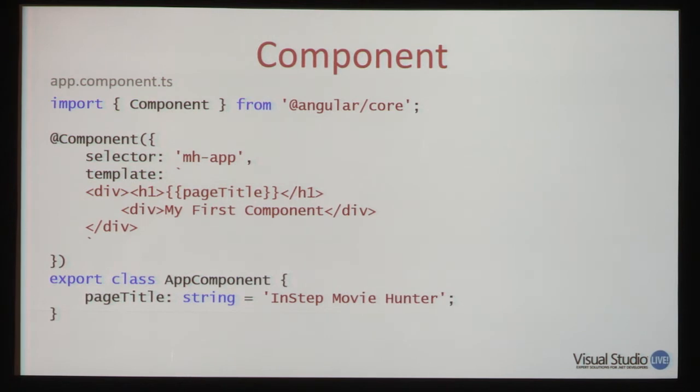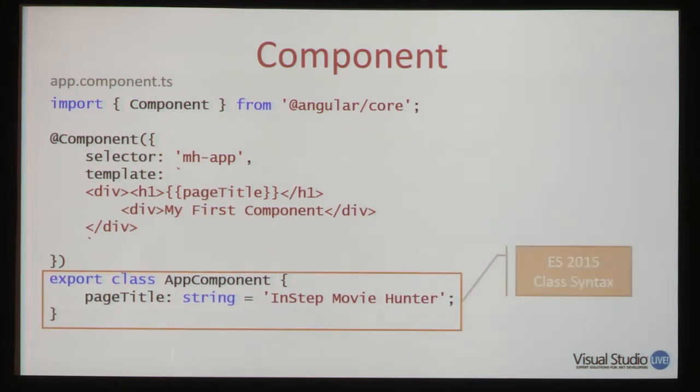All right, so what does a component look like in code? That's what it looks like. You might look at it and go, gosh, that looks really weird. But if we break it down, we will see that it looks very, very similar to our C# and VB.NET code. So let's start at the bottom, because that's going to look the most familiar. So it says export class AppComponent. That's not that much different than any of the classes we create, though we usually say public class AppComponent. So we use export to export this class and make it available to any part of the application. In the class, then, I can define any properties and methods that I want. Here, I only have a single property.